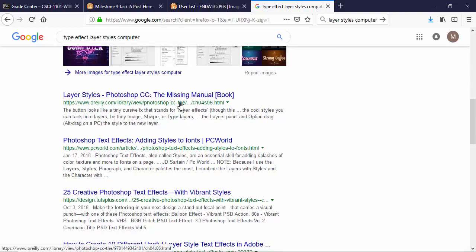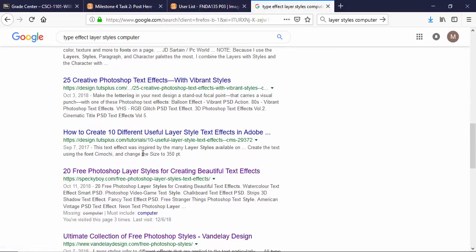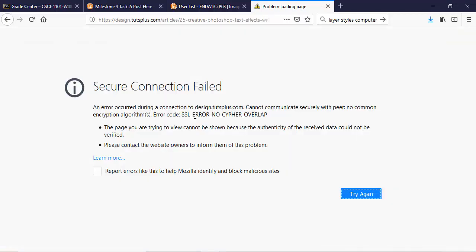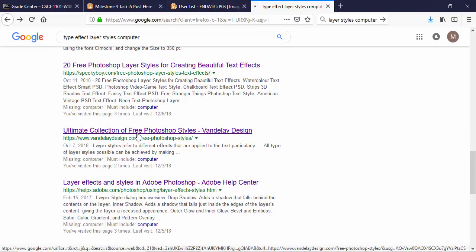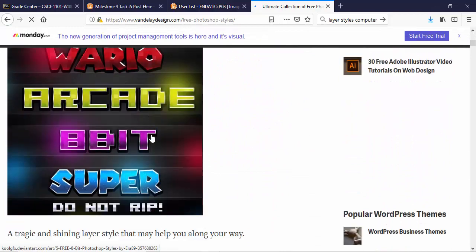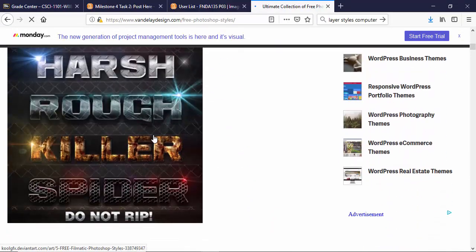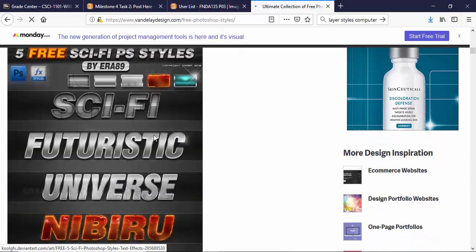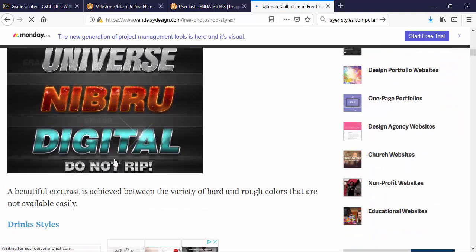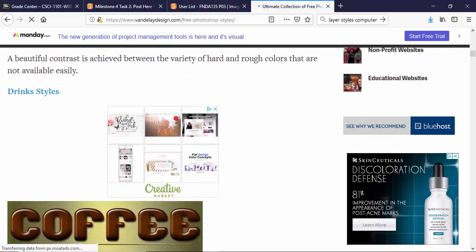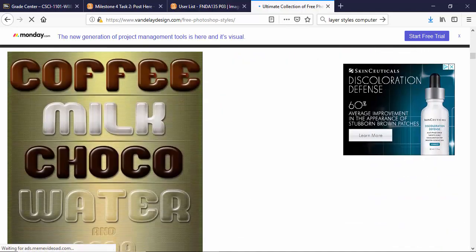I'm trying to get in there to find some different styles, and like here, creative Photoshop text effects. Some of these websites might not work, but hey, you could download free styles, and the key is finding a style that works with what you're working with. Something maybe sci-fi-ish. And what you do is you download it and you load it into your styles panel, and definitely will help out in the